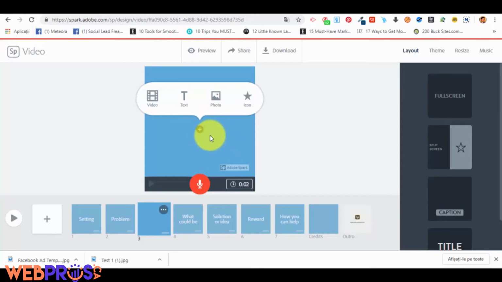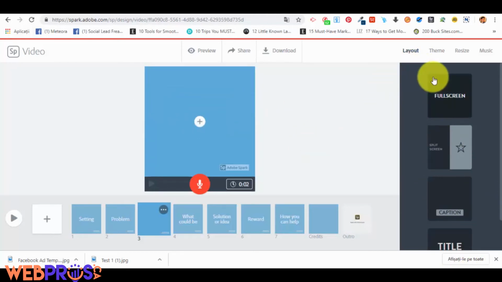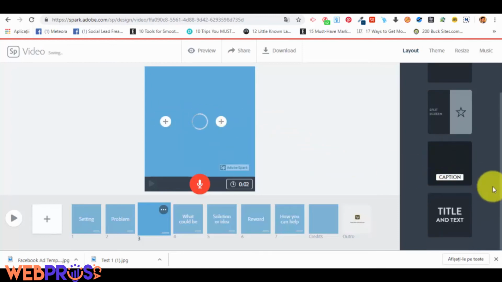Okay, we have a plus button here. That means that on this slide we can add whatever we want: a text, a video, a photo, or an icon. Now in the right side of the screen we can see that we have a menu with different layouts for our slides. We have full screen like it is right now, split screen, so we will be able to add two different types of elements, a caption type of slide,